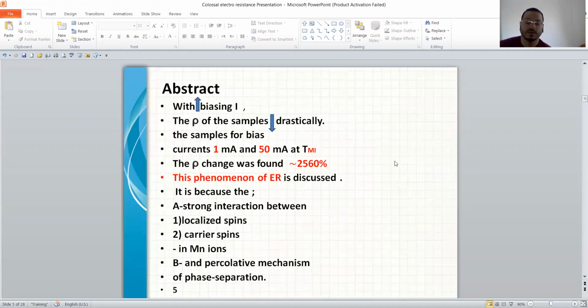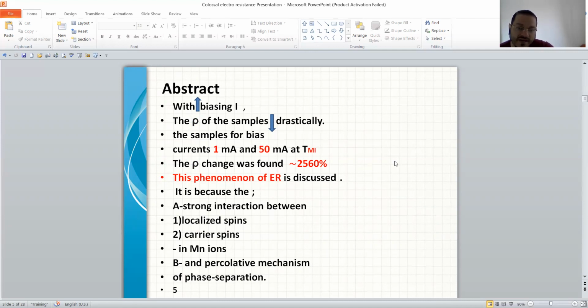Yes. With increasing the biasing current from 1 milliampere to 50 milliampere, we will note an interesting behavior, an interesting phenomenon. Let me explain all of this. The resistance of the samples will decrease drastically. Why? The samples for bias current from 1 milliampere until 50 milliampere at the metal-insulator transition